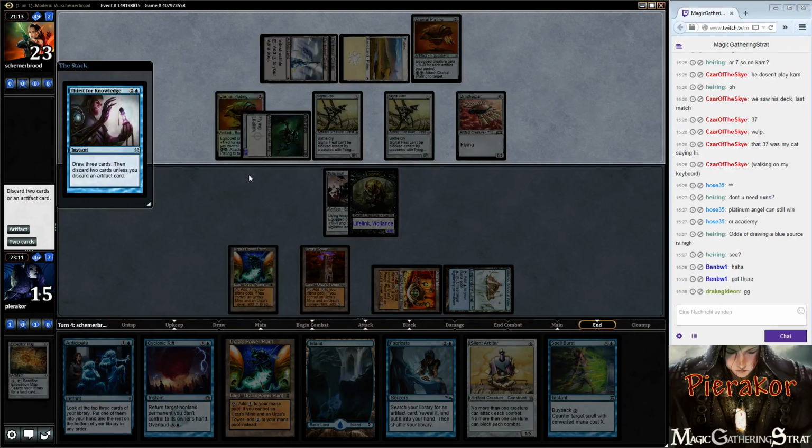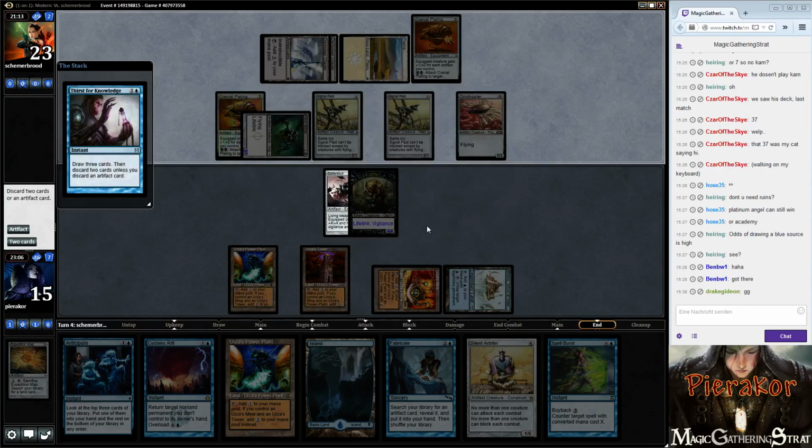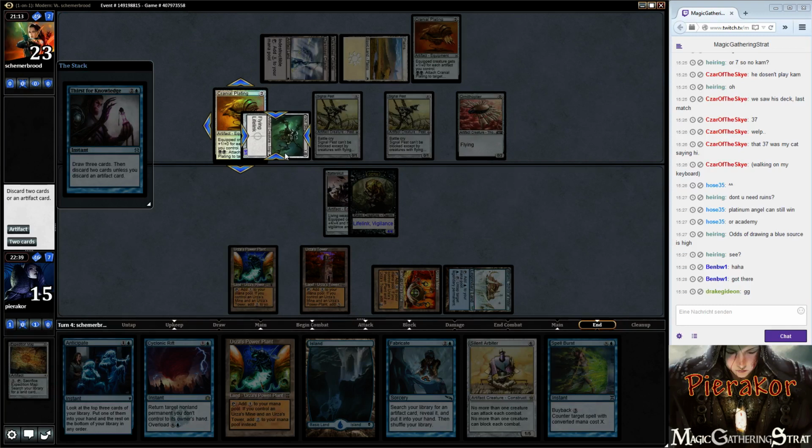Oh, Silent Arbiter is pretty good. Actually, all of these are pretty good. This gets us Oblivion Stone if we want it. Oh jeez, what are we gonna do? I think we discard Silent Arbiter actually, and we get Oblivion Stone eventually. Not right away. Like I think we wait one turn. Well, actually, if it, hmm,